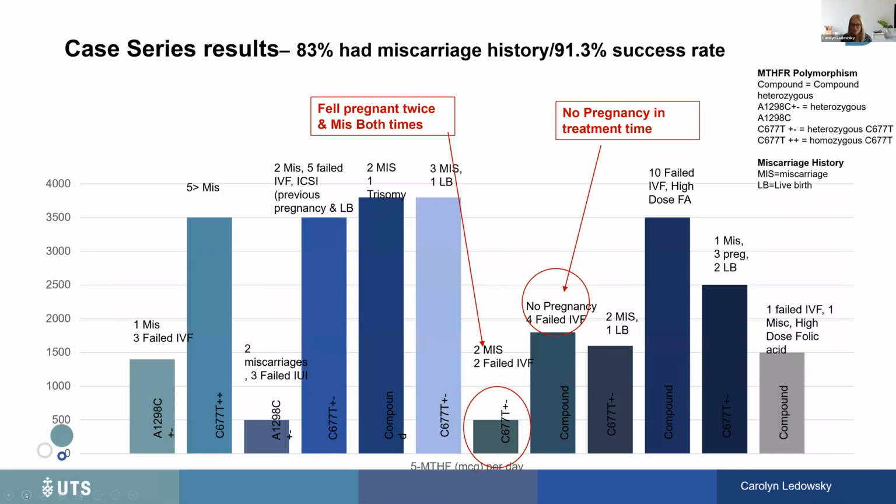This was the case series that I did a few years ago, where we looked at practitioners and asked them, if patients had MTHFR polymorphisms, what did you do? What did you give them? And it was really interesting to see that of the 12 women in the case series,